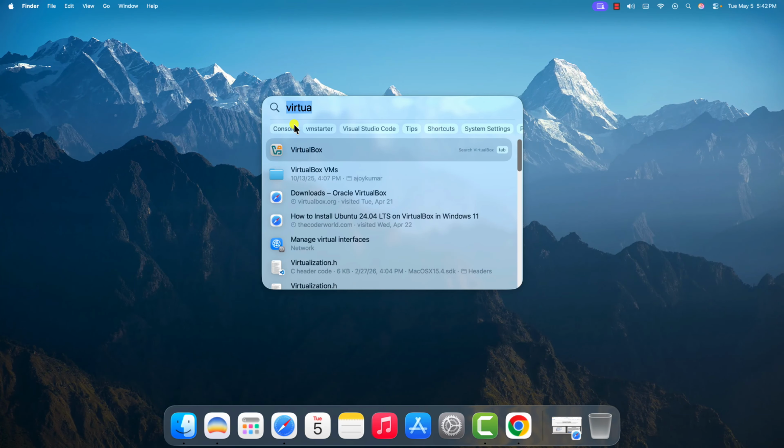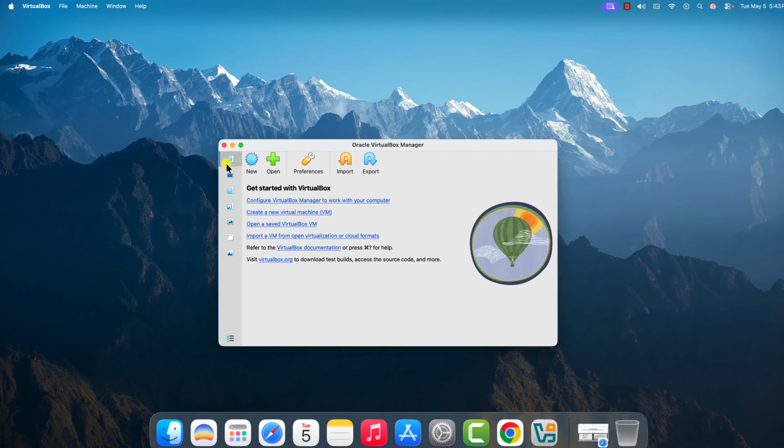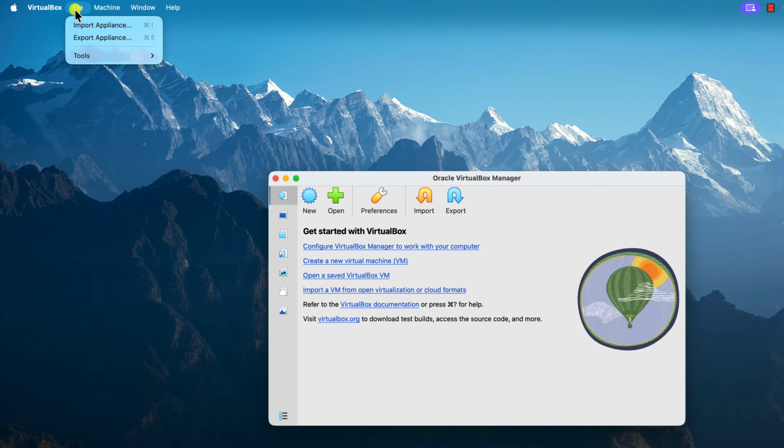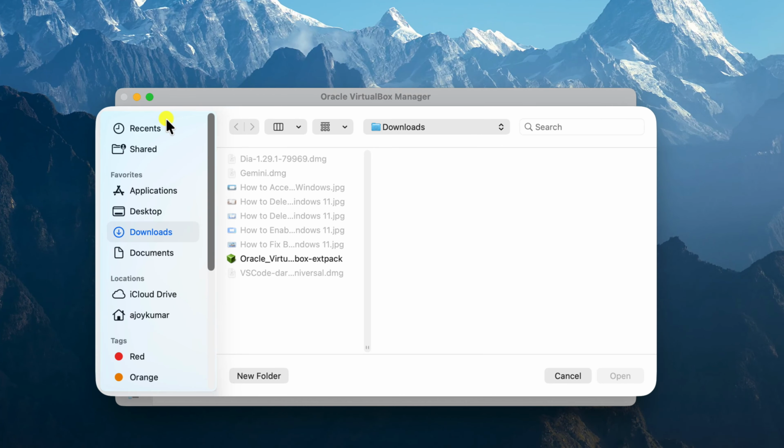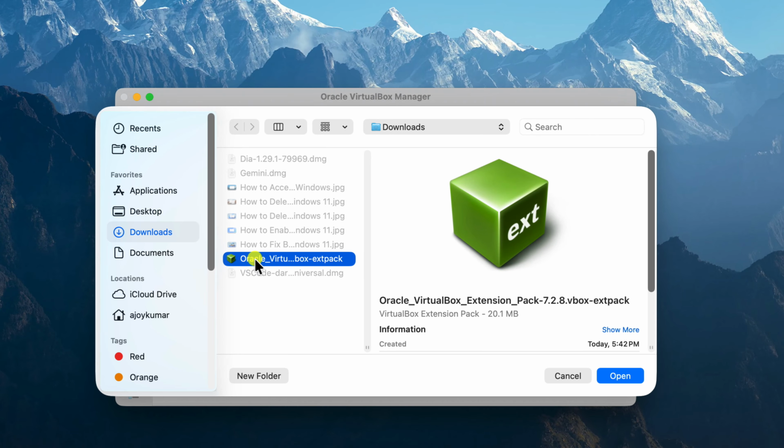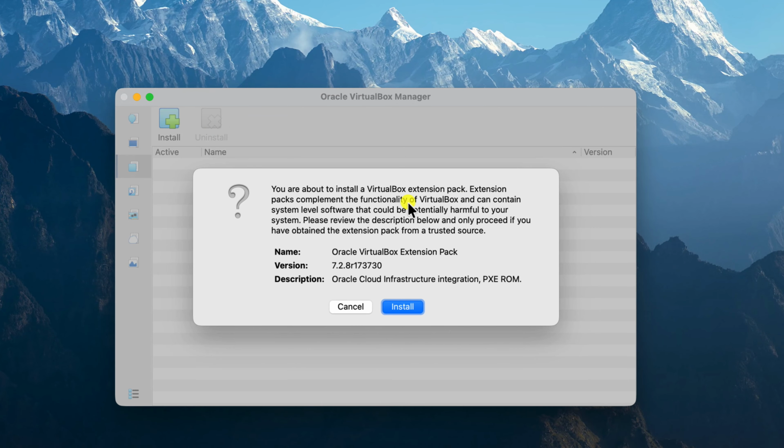Once the download has been completed, open VirtualBox, click on File option, click on Tools and select Extensions. Now click on Install and select the downloaded file. Then click on Open and here you will get a window to install VirtualBox extension pack. Click on Install,